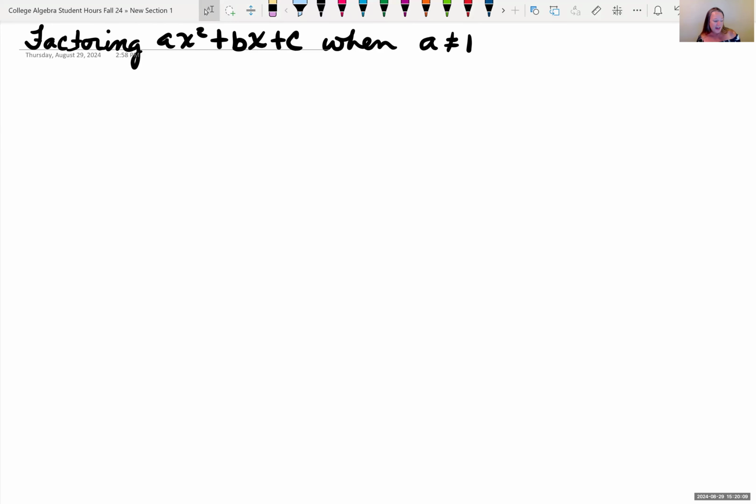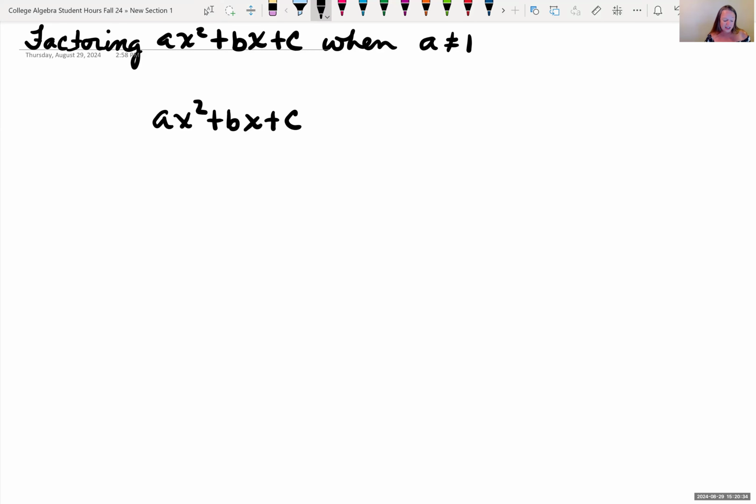We are going to look at factoring quadratic equations in the form ax squared plus bx plus c, where a is not equal to 1. So these are a little harder to factor than when a is 1. If you have a quadratic formula in this form, I tend to like to do the factoring where we look